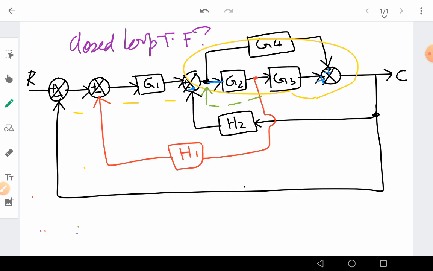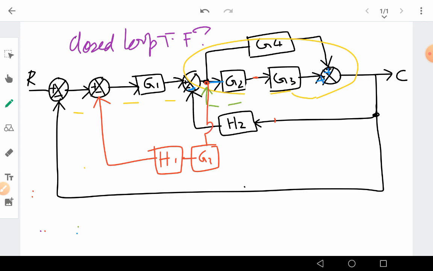So if I move it to the left, what happens? I need to add a G2 block. If I change this block here, I need to have a block G2 here. This G2 has to be there. H1 is already there, so I have H1, and then the G2 also has to be in that line, so that the loop becomes like this. This is the new loop. I just changed the branch to the left of G2.